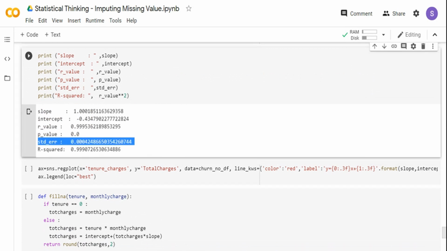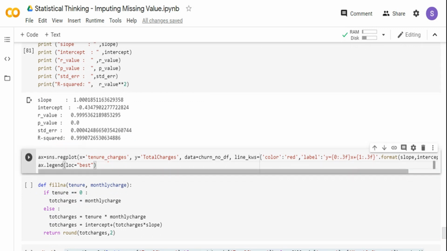In the real world, you may want to also use some data to test it outside of it to see how it performs with unseen data. But just to quickly show how the data is fitted and everything, just to keep it simple, how statistical thinking can be applied to imputing missing values. That's the purpose of this video. So I'm seeing a pretty good fit over here, right? So let me go and